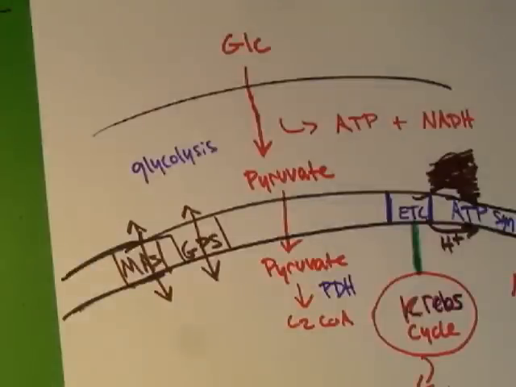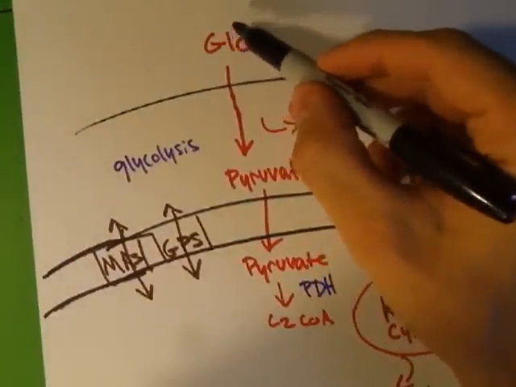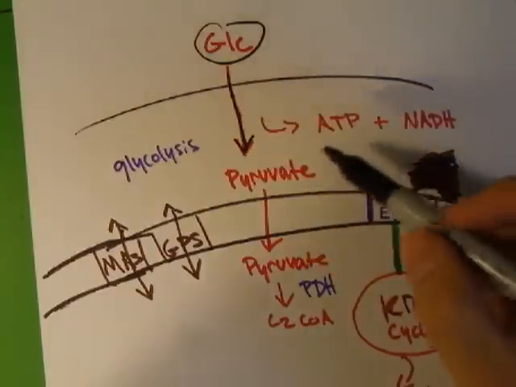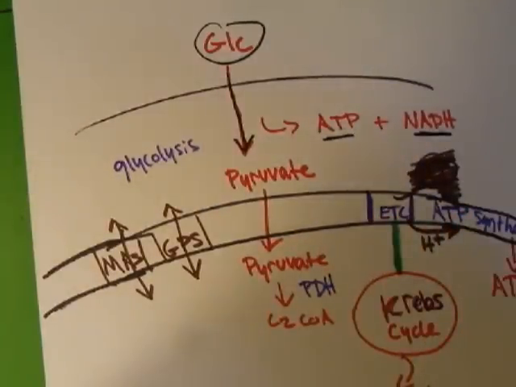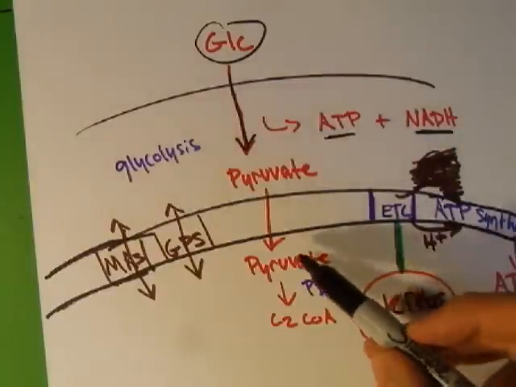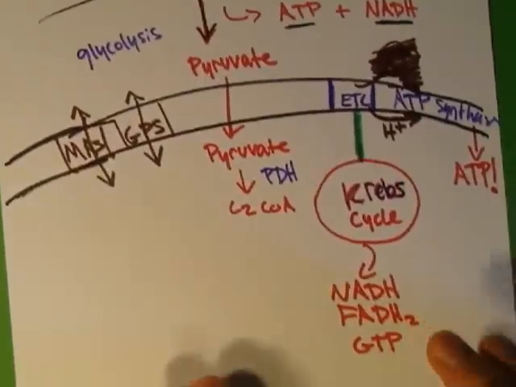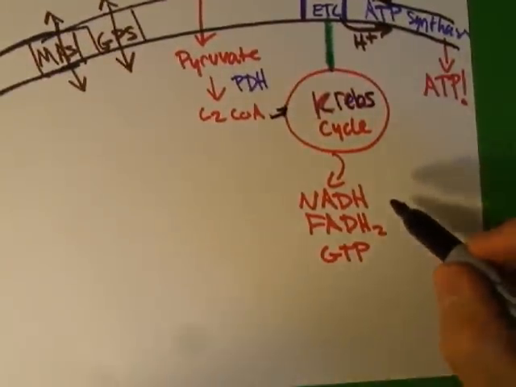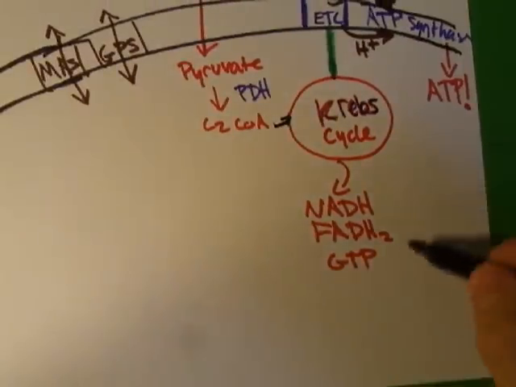So a quick overview of where we are before we start getting into the electron transport chain. Remember, we started with one glucose molecule outside the cell. And it came in through the cell and went through glycolysis. In glycolysis we had a little ATP and NADH. The product of glycolysis was pyruvate, which then entered the mitochondria and through the PDH complex became acetyl-CoA. The acetyl-CoA entered the Krebs cycle, and you got a bunch of things out of that. You got some NADH, some FADH2, some GTP, and all of those are